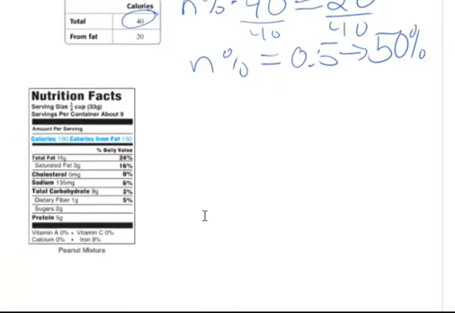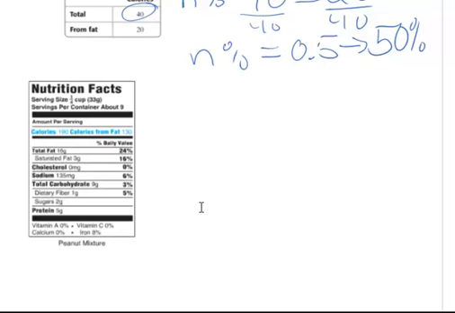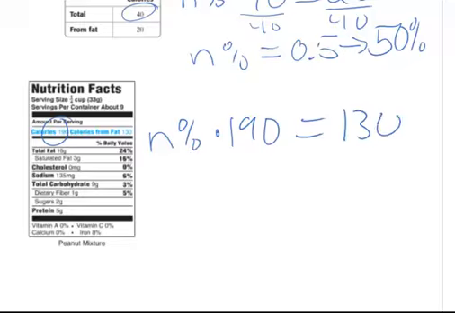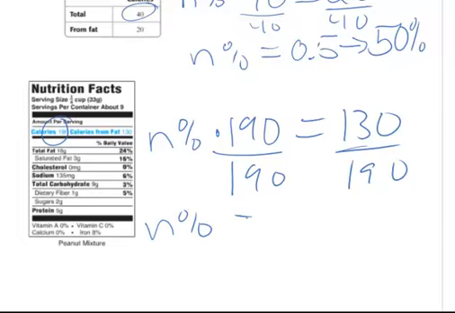All right. The next problem is very similar. We're still doing the same thing. We're trying to figure out how many calories are coming from fat. So I'm going to say n percent of the total calories. The total calories here is 190, and 130 of those are coming from fat. So I'm going to divide by 190 on both sides. So I have n percent equals, I'll take my calculator, 130 divided by 190, and I'm coming up with